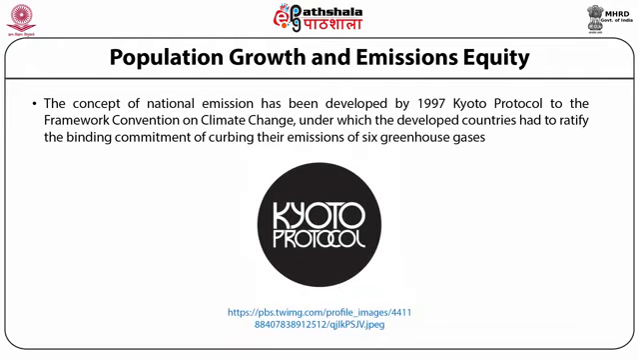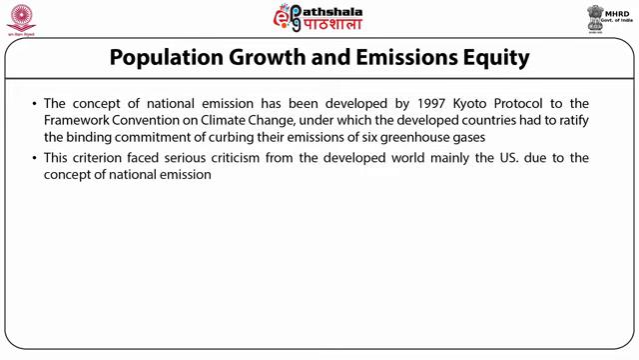The concept of national emission has been developed by the 1997 Kyoto Protocol to the Framework Convention on Climate Change, under which the developed countries had to ratify the binding commitment of curbing their emissions of 6 greenhouse gases, including carbon dioxide, by a total of 5.2% from their 1990 emissions, whereas the developing countries faced no such obligation. This criterion faced serious criticism from the developed world, mainly the US. The reason is that the concept of national emission comprises the total of those emissions that occurred within a